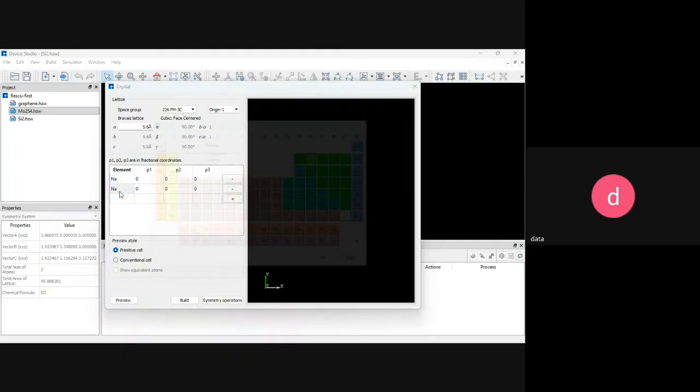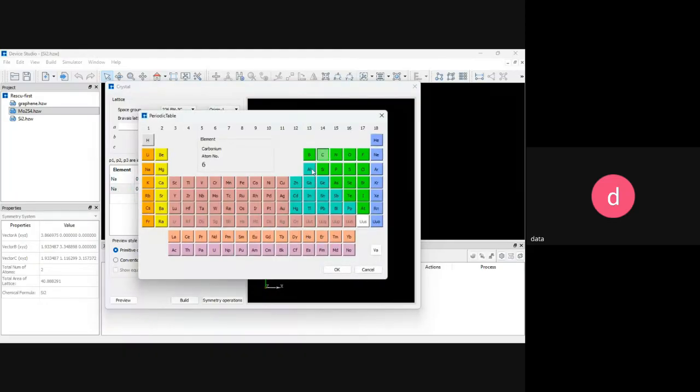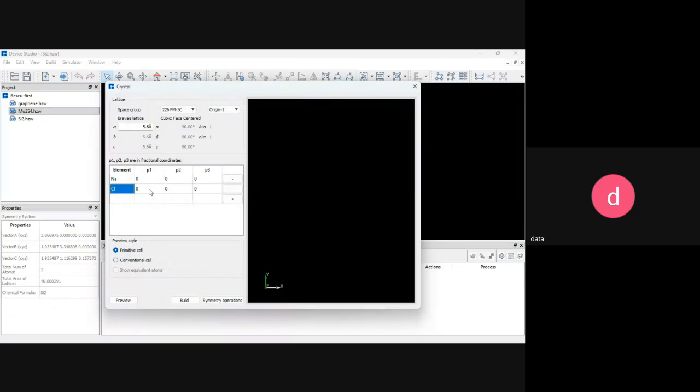I have to change it for chlorine. And give the fractional coordinate values basically 0.5, 0.5, 0.5, and you can go for the conventional cell also,